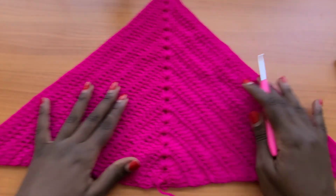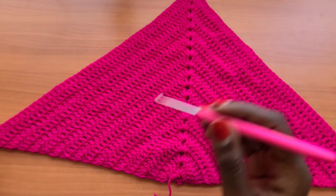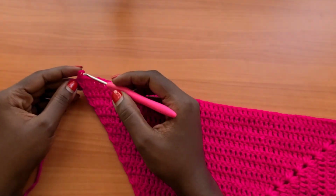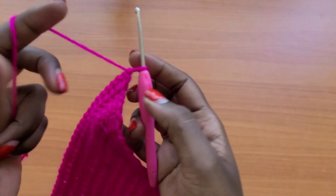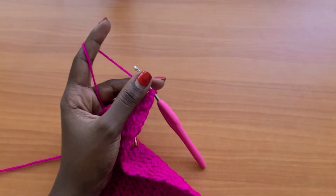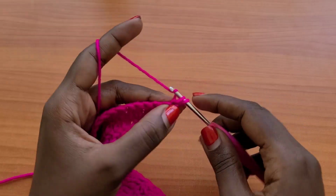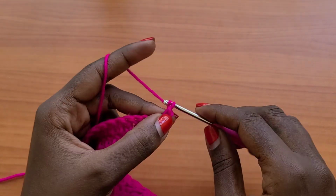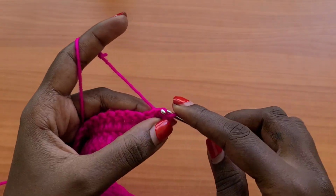Alright guys, so once you get the number of rows that you need for your size, or you get the length of the top that you wish to have, you're now going to create an edging for this top. So for the edging, you're going to make a chain of 1 and turn your work. We're now going to make 1 single crochet into the very first stitch, and then you're going to make a chain of 4 and slip stitch at the base of the single crochet,